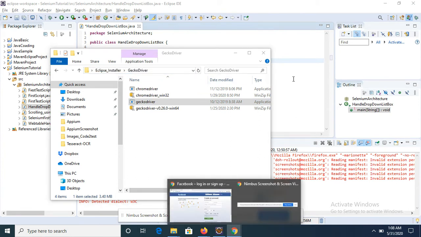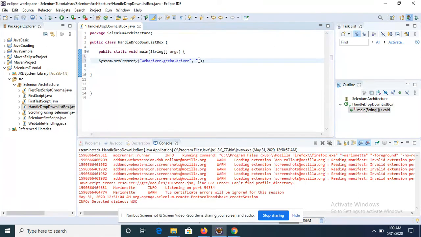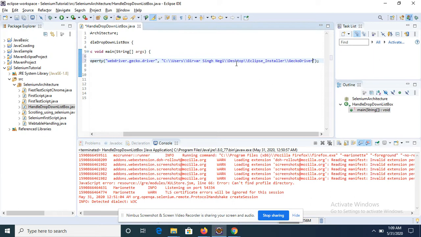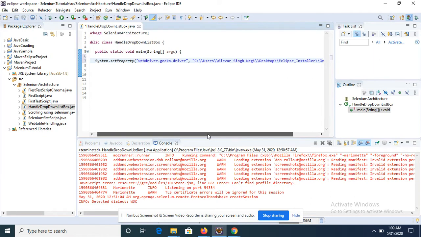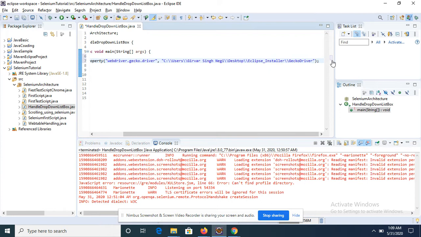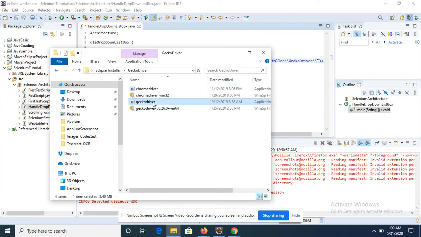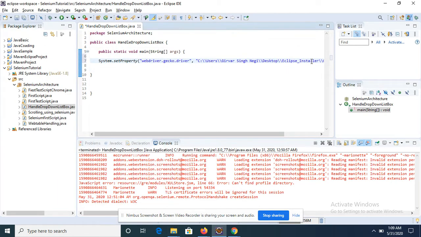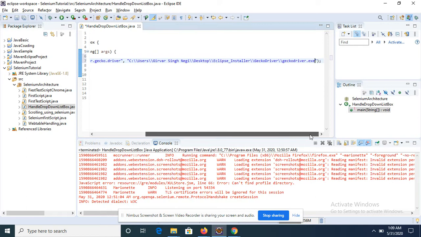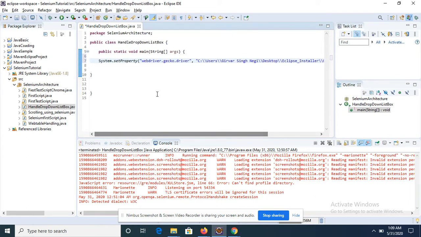So let me paste it over to Eclipse. Okay, so I have just pasted my driver path into this class. After that, I'll also define my Gecko driver exe, so let me copy this one. Over here, I'll put dot exe. So this is the way we set our driver.